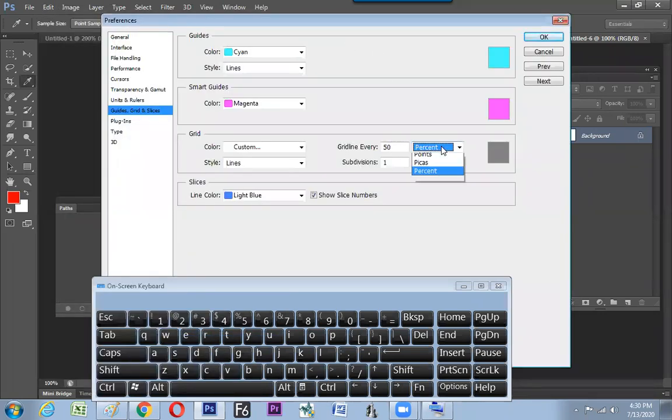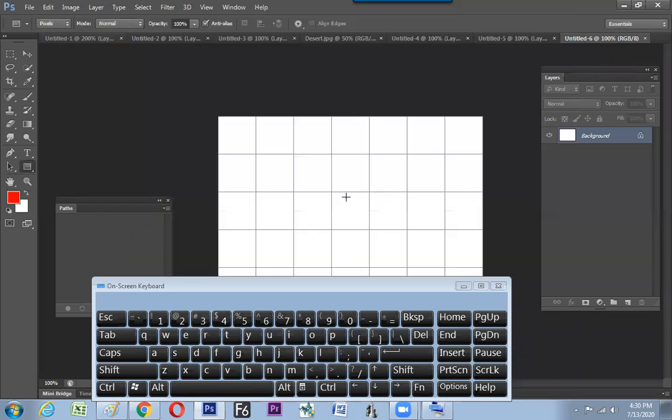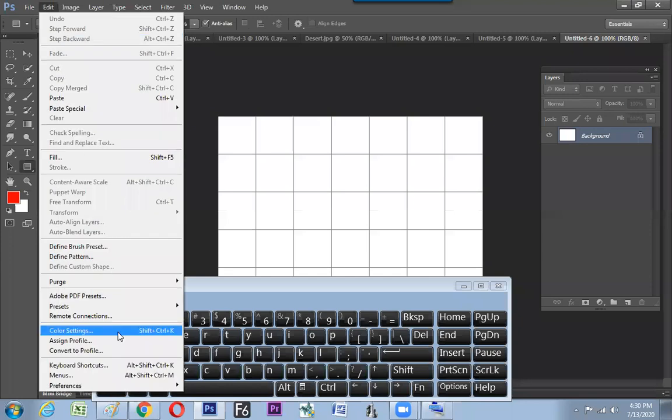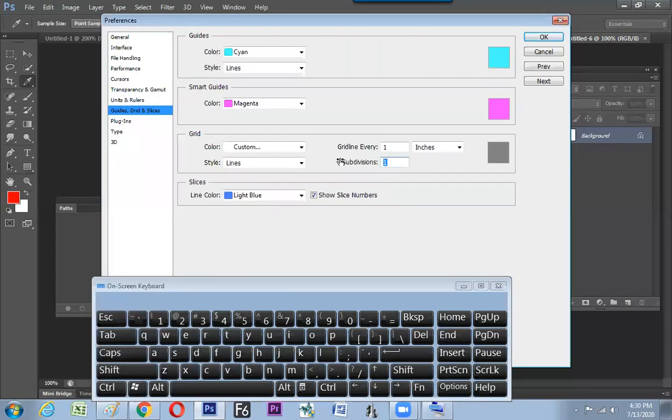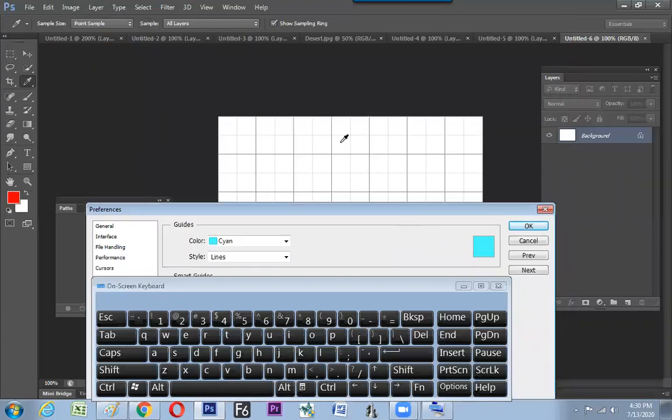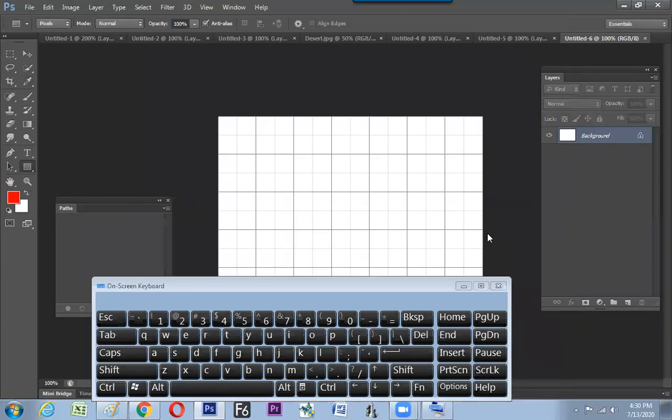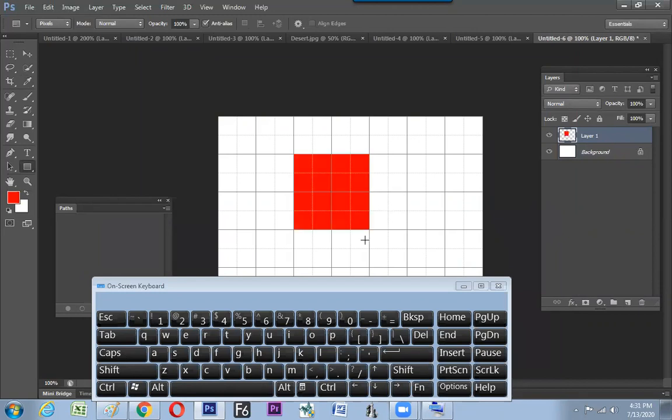Go to the Edit menu, switch to millimeters or inches, one grid per inch, okay. And if you need to subdivide it, same, Edit, Preferences, Control K is the hotkey, Guides, Grid, make more subdivisions like 2 or 3. Then you can find again in between these shapes, one divisions, go for OK. Now it's the time to take a new layer and start dragging the same box. Make the box, switch down to release, clear, get it cut.